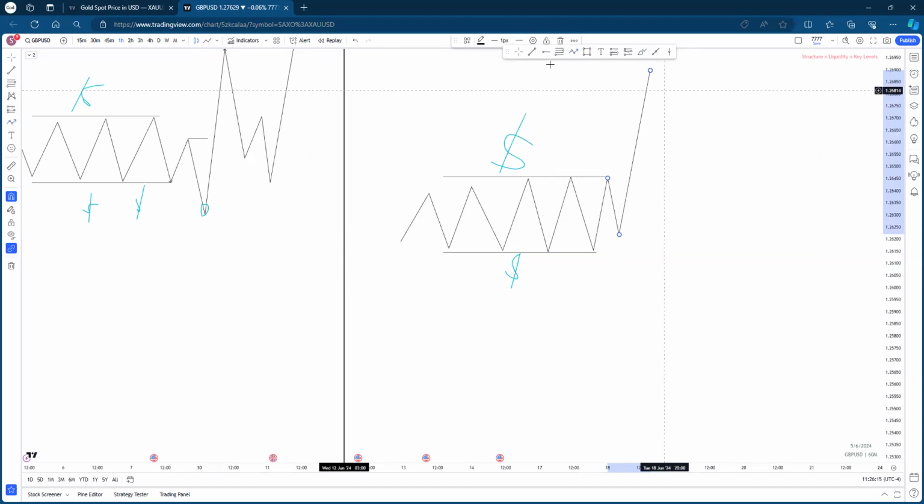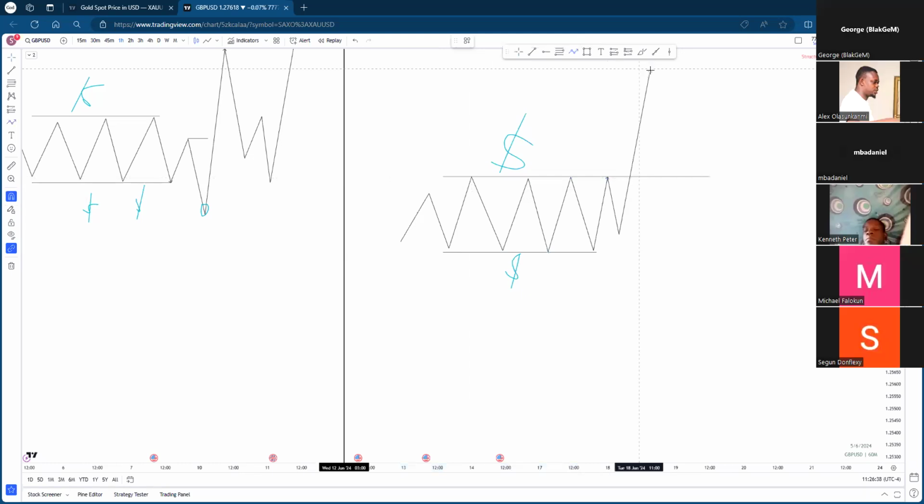After that impulsive move to the upside, price will now come back to that same key level, right? The same key levels that price has been buying from, selling from, bouncing from, right? Price sold from here, sold from here, sold from here. Now we sold from here the last time. Now we broke it, disrespected all of those key levels. So there's every possibility, the second thing we want to expect price to do, is that price is going to create for us an inducement liquidity, tap into that same key level that got disrespected,